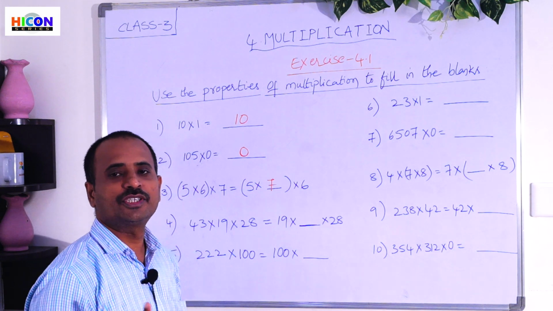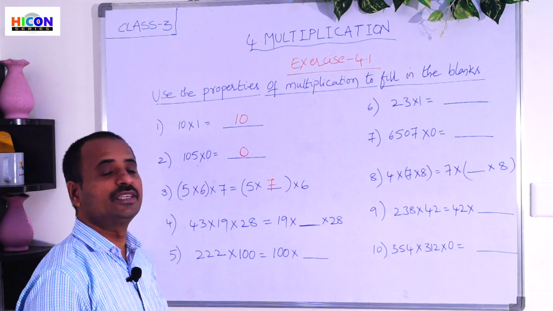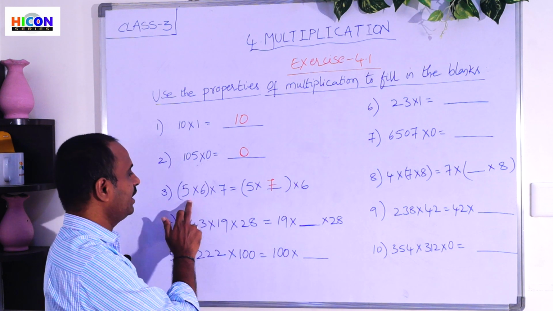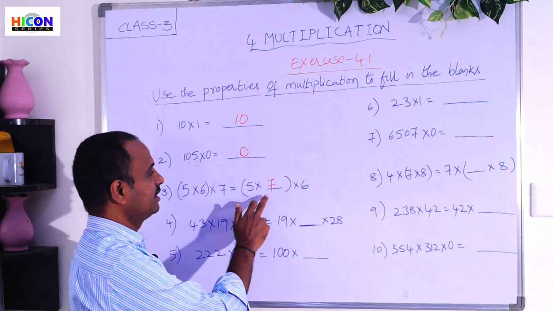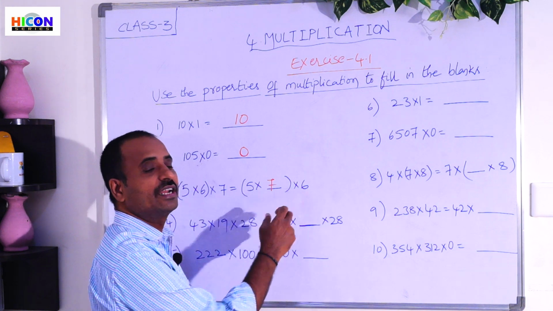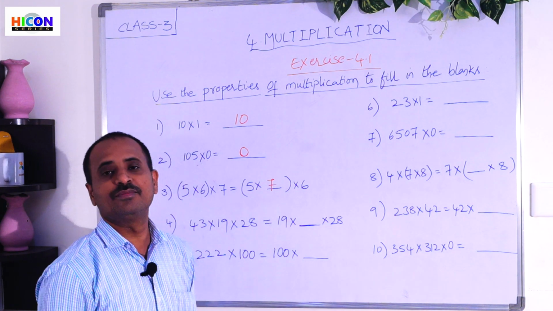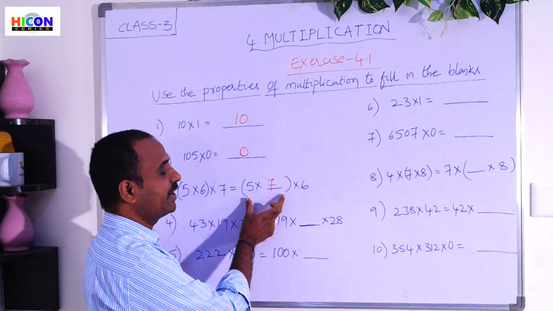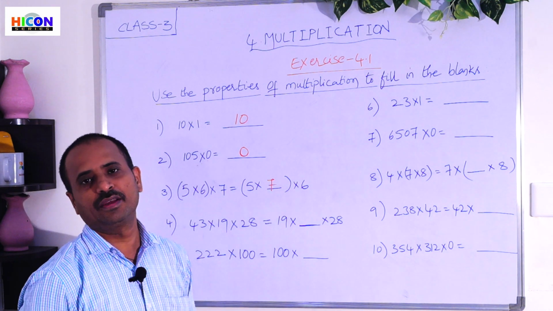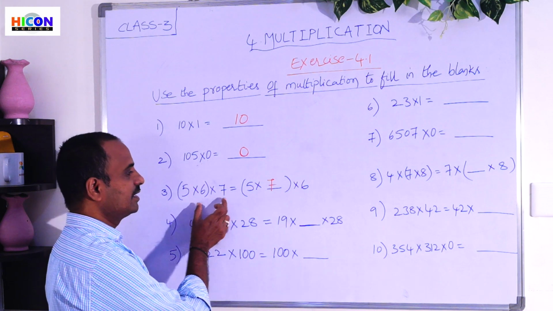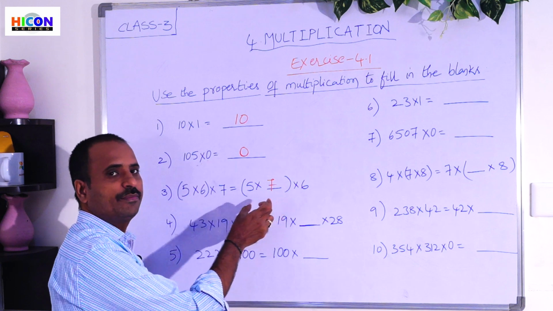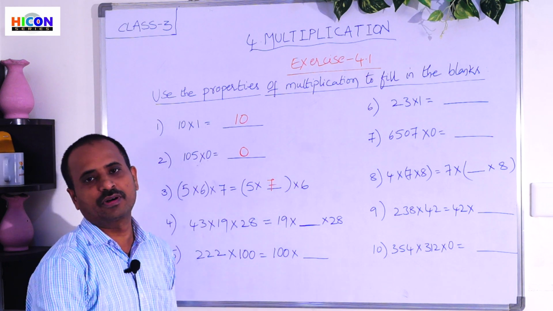Children, first observe which number is missed among these three numbers. The given three numbers are 5, 6 and 7, but in the blank, 5 and 6 are given, and the number 7 is missed here. So write 7 in this blank. That means the numbers 5 and 7 are grouped here. The answer is the same for both. If we group any two of the numbers, we will get the same product.